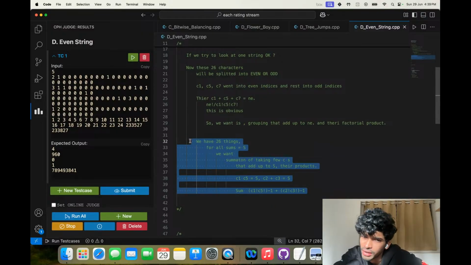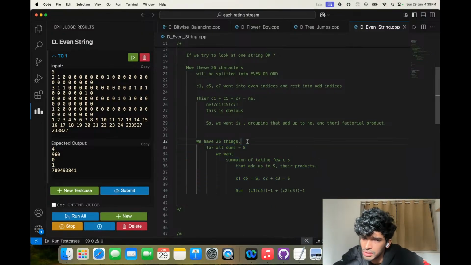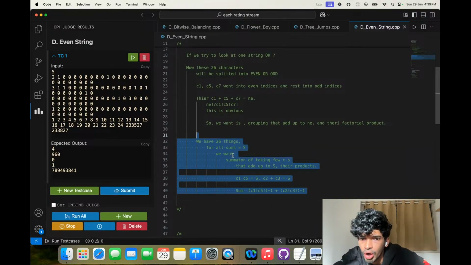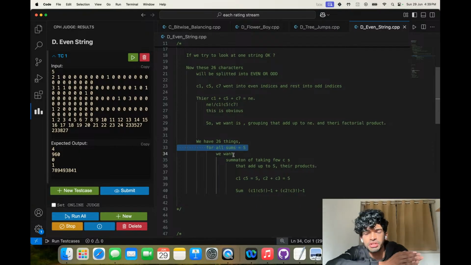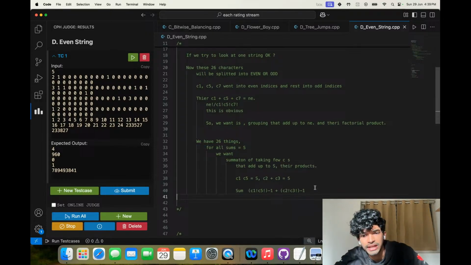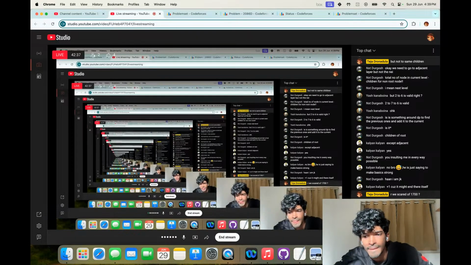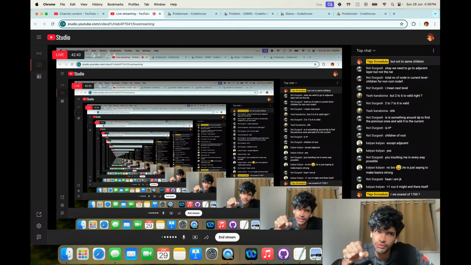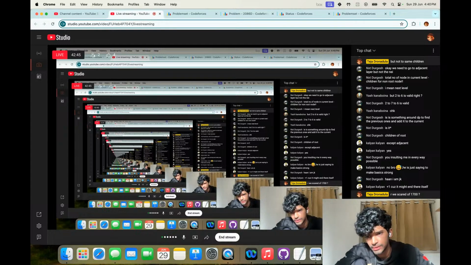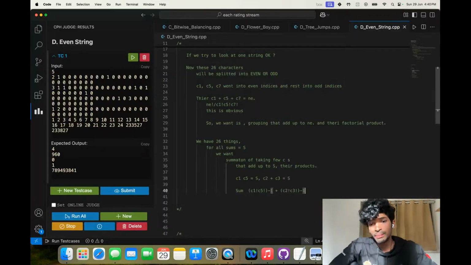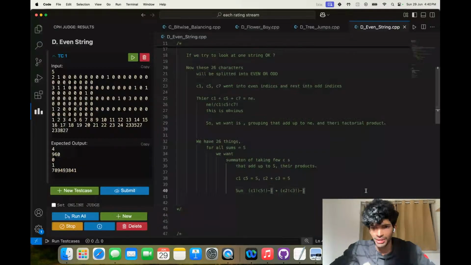Is this too hard if you try to use some DP? If you try to find all these sums by considering the first i characters and then considering the next character and finding the sums again, I don't think it's too difficult, right? But for each of the things, we have to go over everything again. Maybe there are simpler ones. I'll just try to think about it a bit.